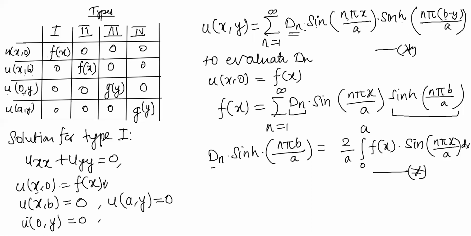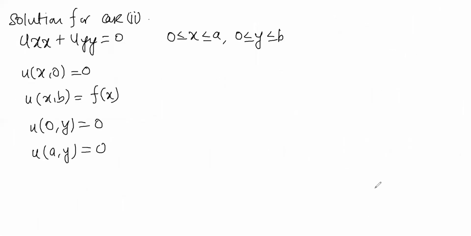But now if you look at the second case, here you have u(x, b) is f of x, which means there is no need to write down this b minus y, because b will remain intact there, so we don't even need it. So I'll write down the solution for this quantity. See here, the solution is given by